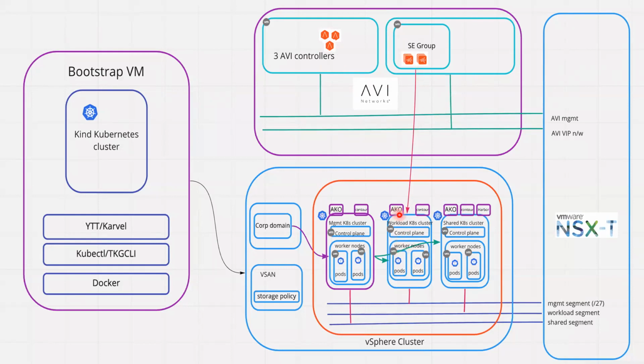This operator is going to communicate with your AVI controller and say, hey, I have a particular workload which requires a service that needs to be created, or a virtual IP that needs to be created. It's going to create the necessary load balancing IP and assign an IP for that particular thing. The same thing applies for ingress and things like that. So that's the way this works.